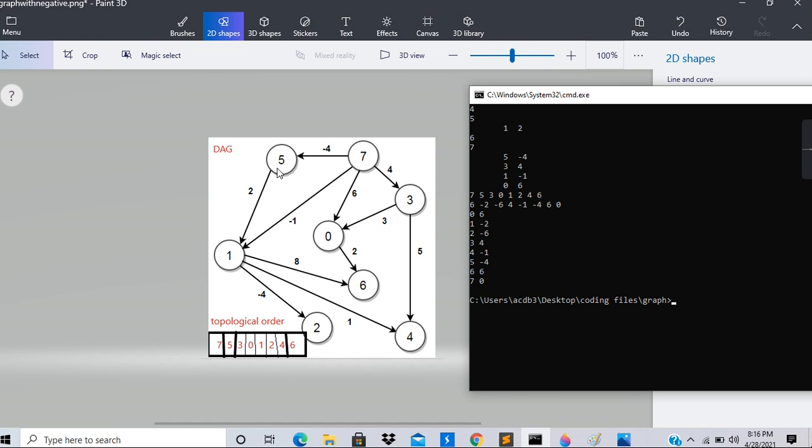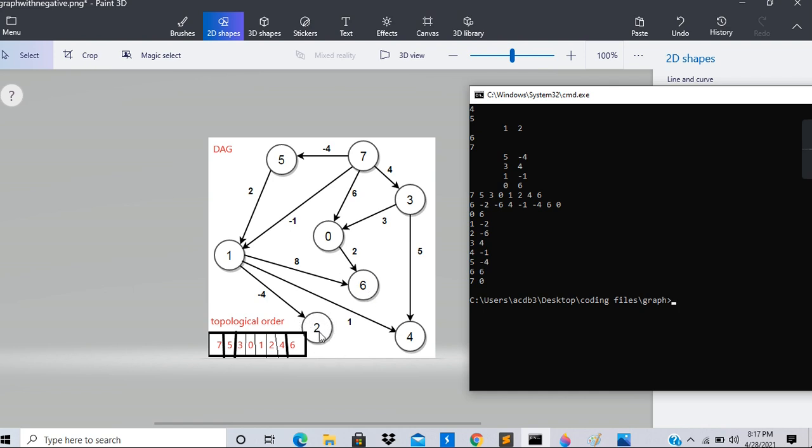It stores that from 7 first go to 5, and from 5 go to 1, so that would be the minimum length, and that would be minus 2. Now let's see any other node. Let's see what would be the minimum length to reach node 2.